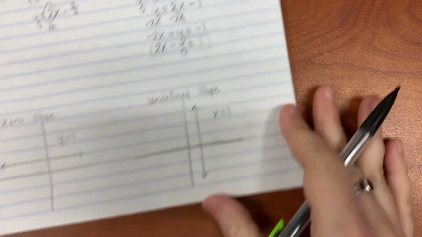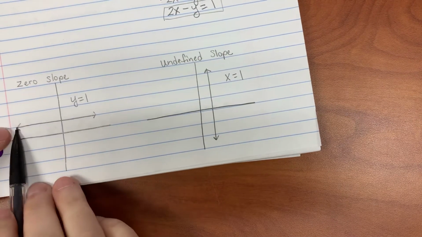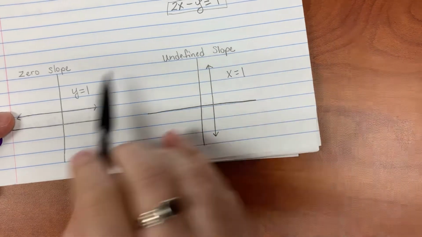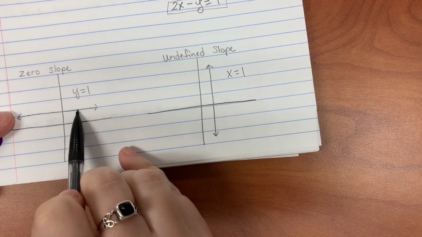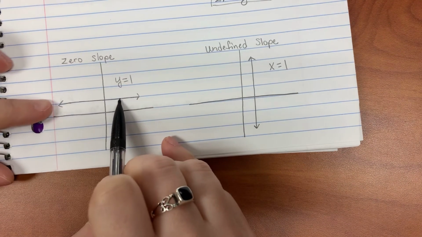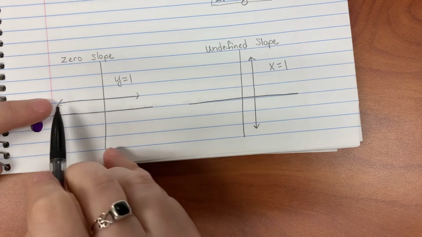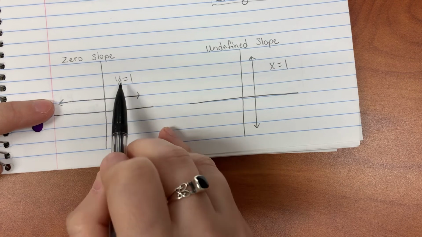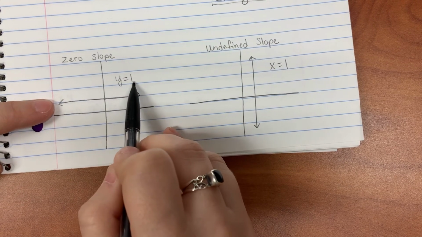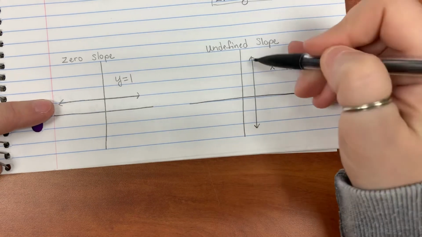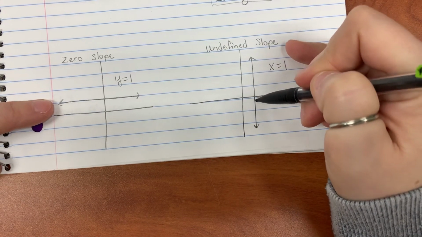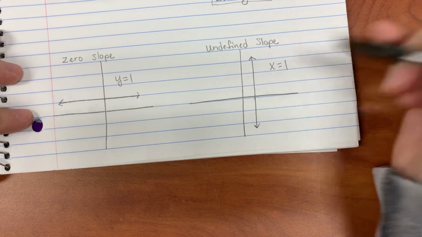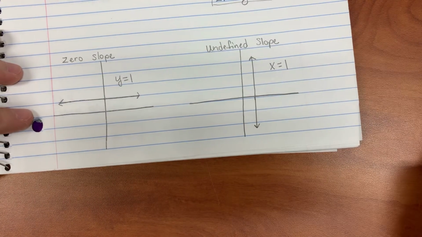Okay, the last thing I will mention is that sometimes you'll have a zero slope, sometimes you'll have an undefined slope. In those cases, the equation for that line looks a little weird, right? There's not an x and a y, it's just one-dimensional. So in this case, it's crossing the y-axis at 1, which means the equation for this line is y equals 1. Same thing with this one. This one is crossing the x-axis, which I'm calling 1. So that means my equation would be x equals 1, and that has an undefined slope. Okay,